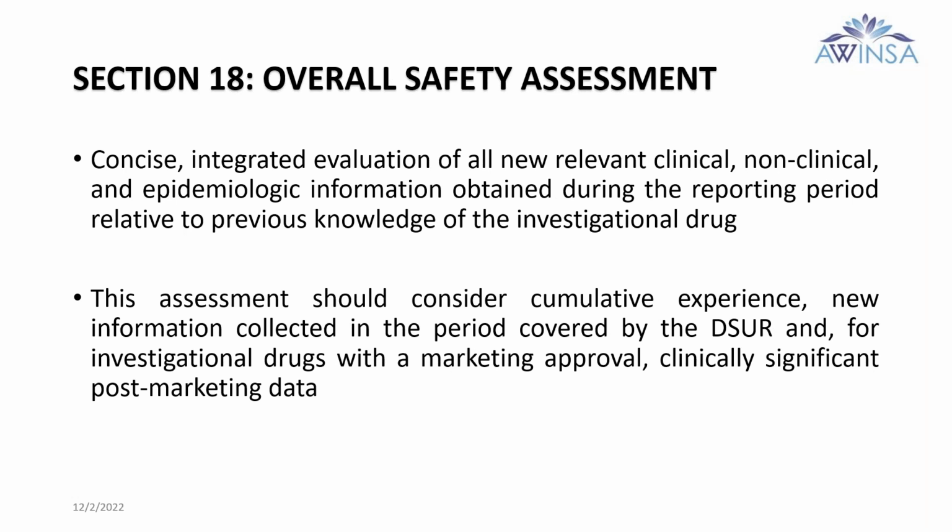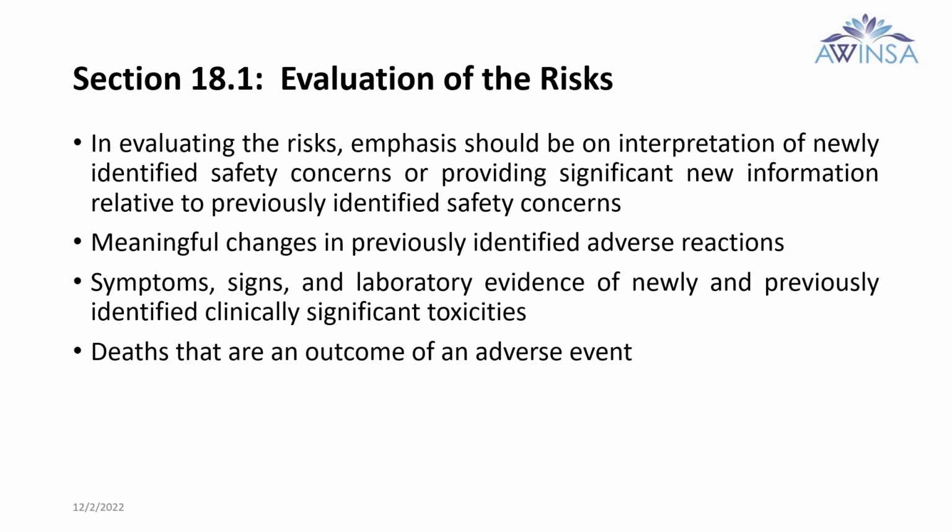Well, and then lastly, we have to cover some important information about any overall safety assessment. If there is any new significant concern that comes up in this particular year or the cycle for which we are preparing the DSUR, there is a section 19, which is practically for the summary of the important risk. In section 18.1, we just capture the overall risk, the evaluation, but in section 19,